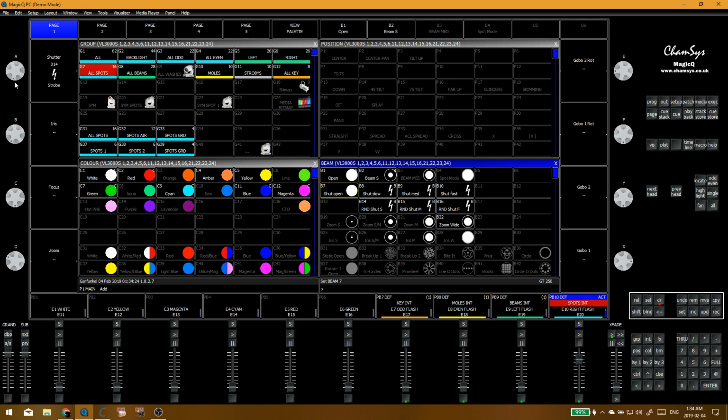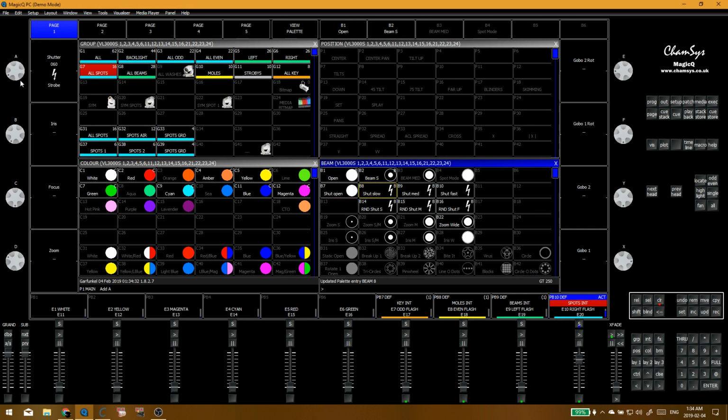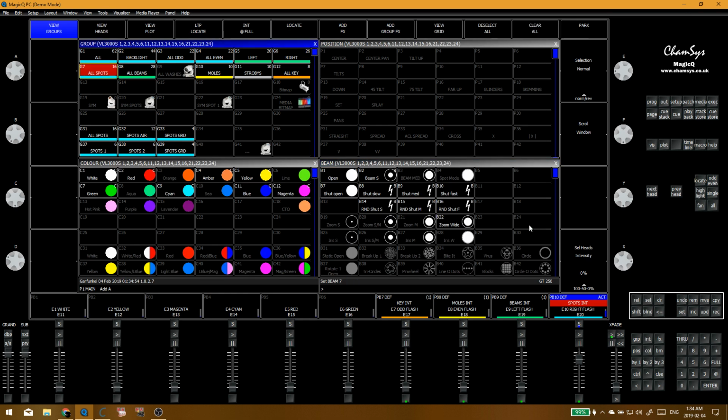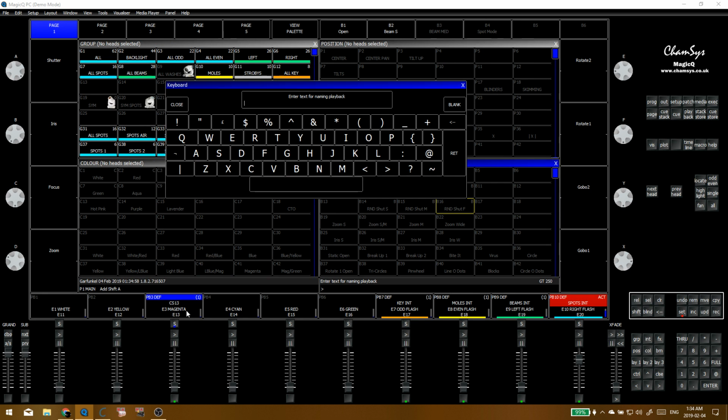But first I want to update my strobes. My strobe palettes. So do that. There we go. Shutter fast. Okay, so now I'm going to go to open. I'm going to go to random. This is going to be